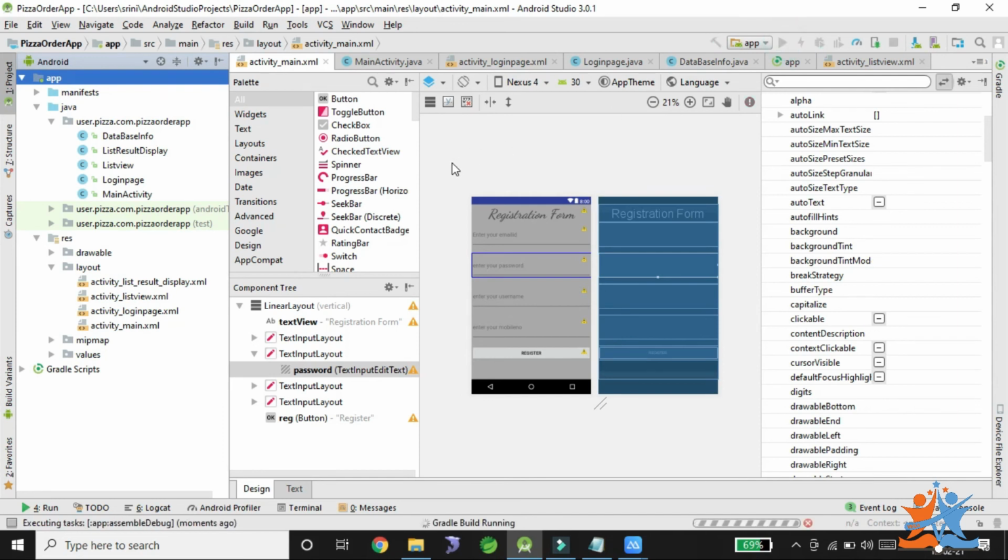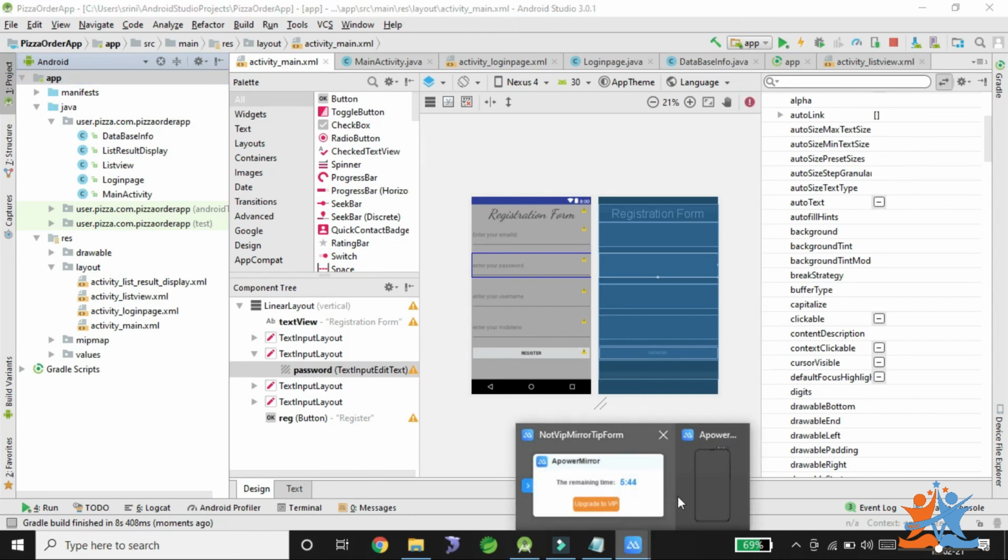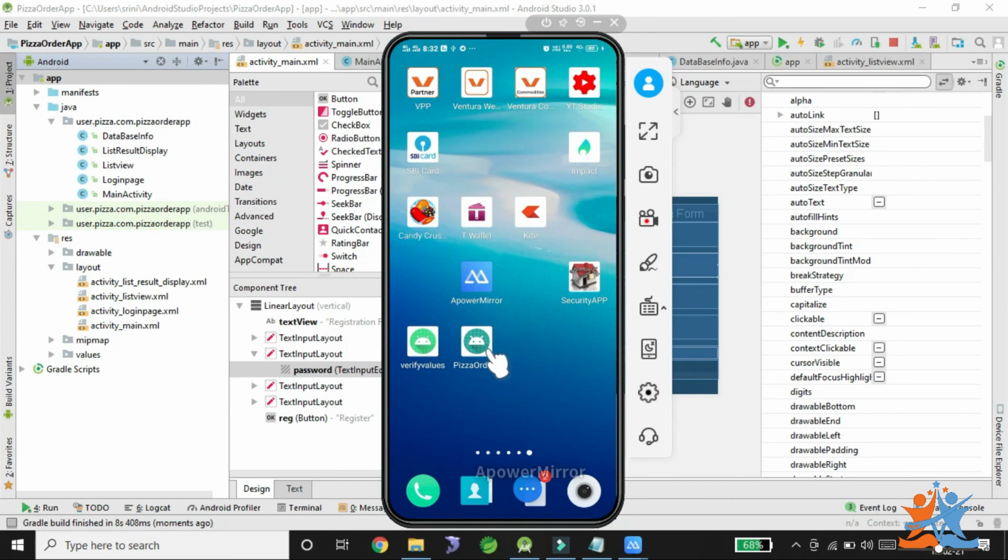So one second. So if you observe on my mobile, again the pizza order app we can get.